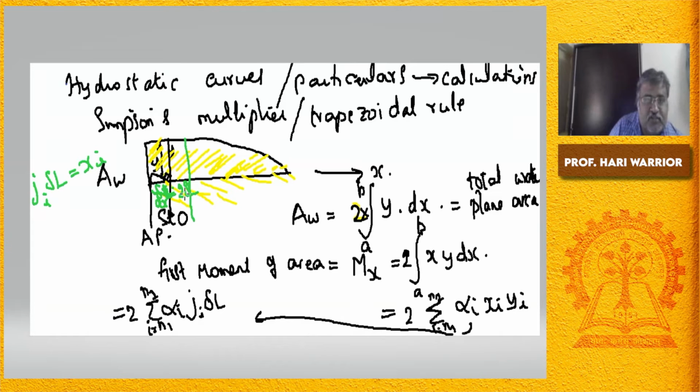So ji into delta L will give you this x1. x1 is equal to delta L, then 2 delta L, then 3 delta L, 4 delta L, 5 delta L. That goes like that. So ji into delta L is equal to xi, and once ji is gone, delta L is gone, alpha I is gone. So what do we have? We have the yi. Yi is this distance. This distance should be put here, yi. So you get